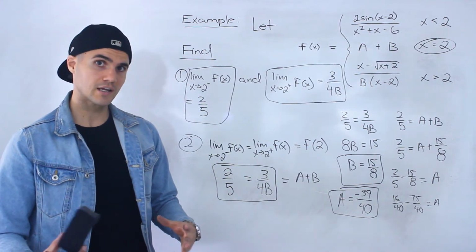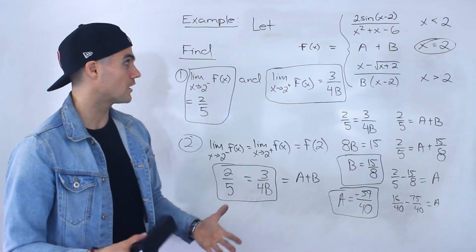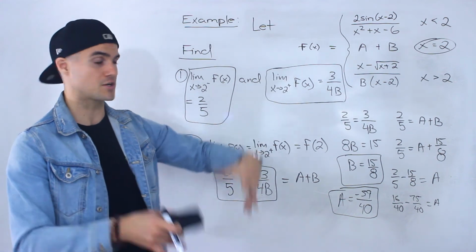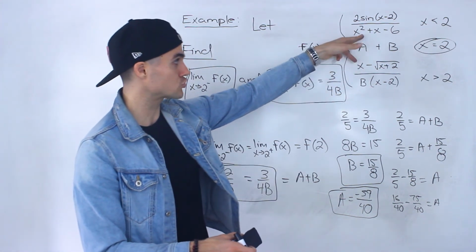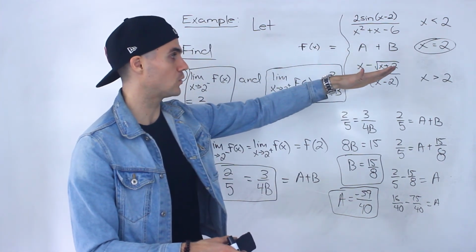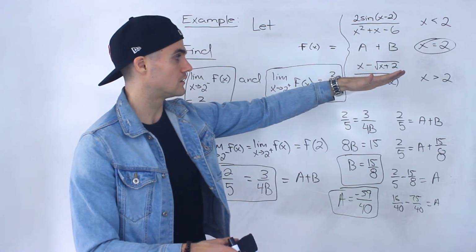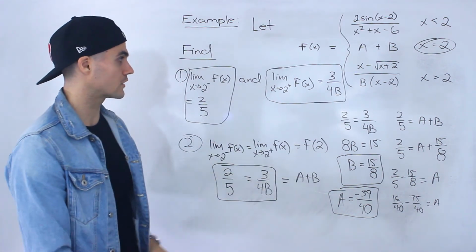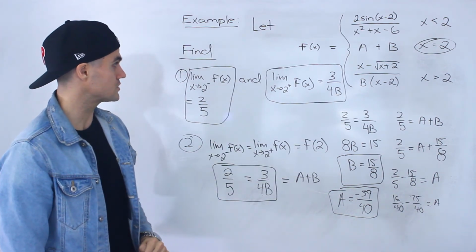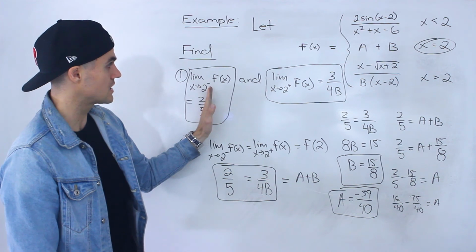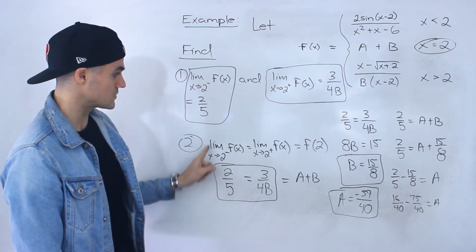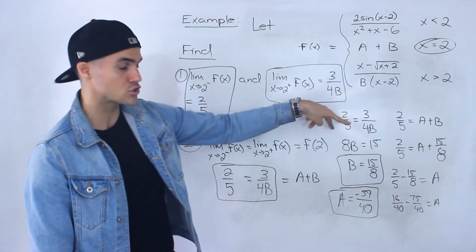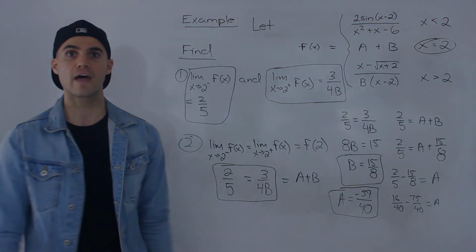All right, so pretty intense example. Lots going on here. We're dealing with a piecewise function. We're dealing with continuity. We're dealing with trig limits. We're dealing with limits with rationalization, right? So a lot of different concepts mixed into one question. So we first have to find these two expressions, and then we know for the function to be continuous, this has to hold. And then if this has to equal that, which has to equal that, we can create two equations and then solve for that a and